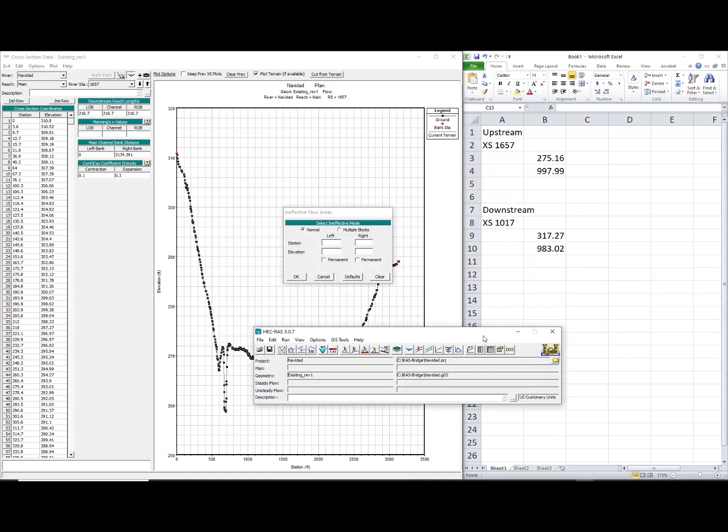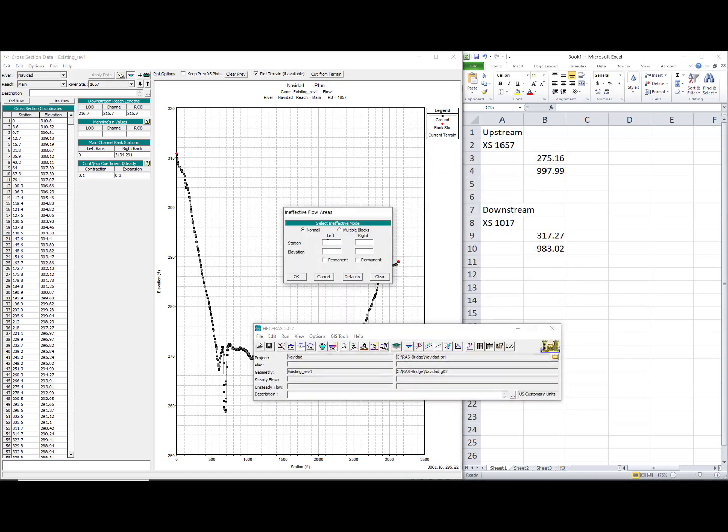Let me move this down, which is going to be 275.16, and the second one is going to be at 997.99. I'm going to set those elevations to 296.13, which mimics the bridge deck downstream. We'll copy that over, set both of those as permanent,